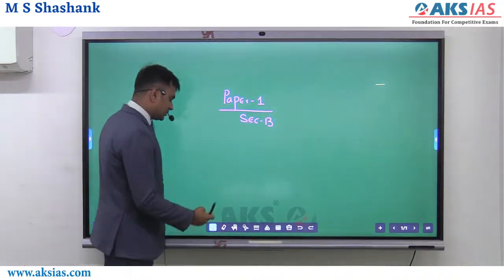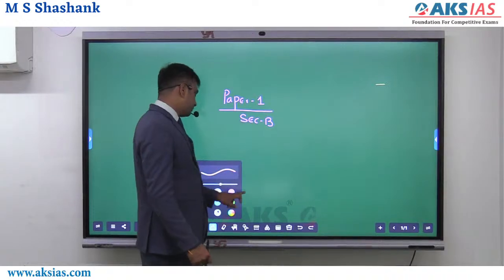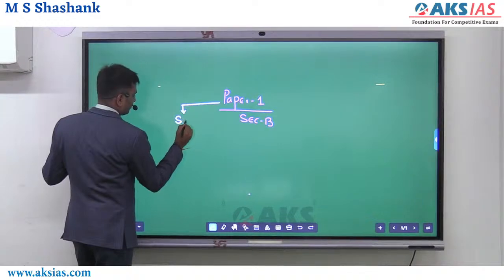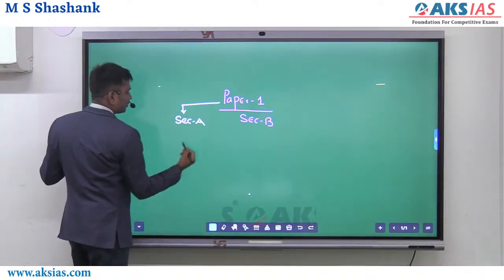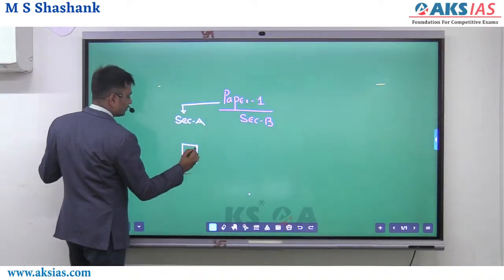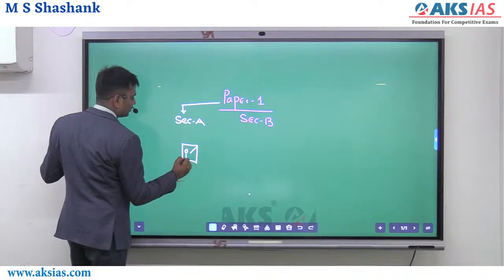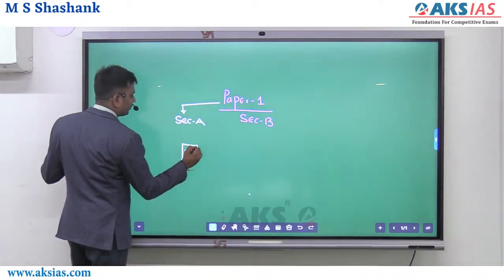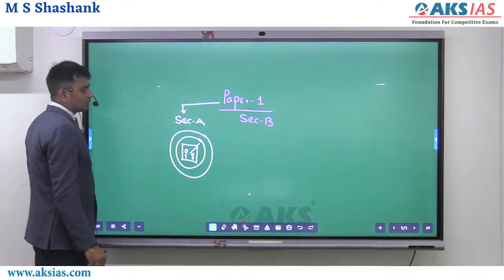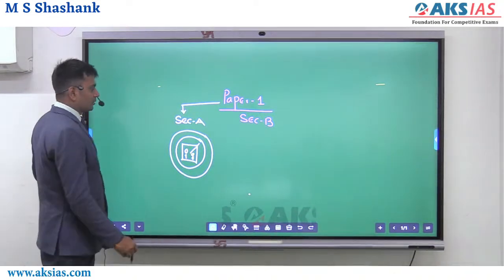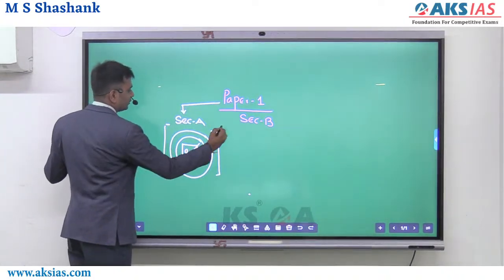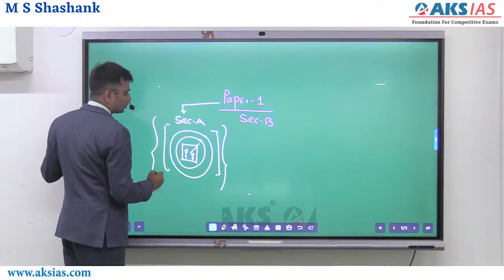So in yesterday's discussion, I said how to look at paper 1 section A. It starts with the 10th chapter and 9th chapter, and then you have ideologies, and then chapters 3, 4, 5, 6, 7. Then you have theories of state, and the last one is political theories and ideologies. So from inner to outer you have to go.